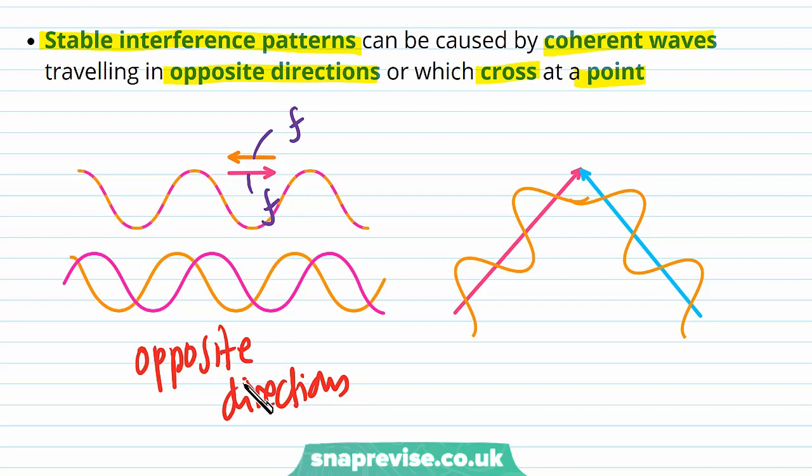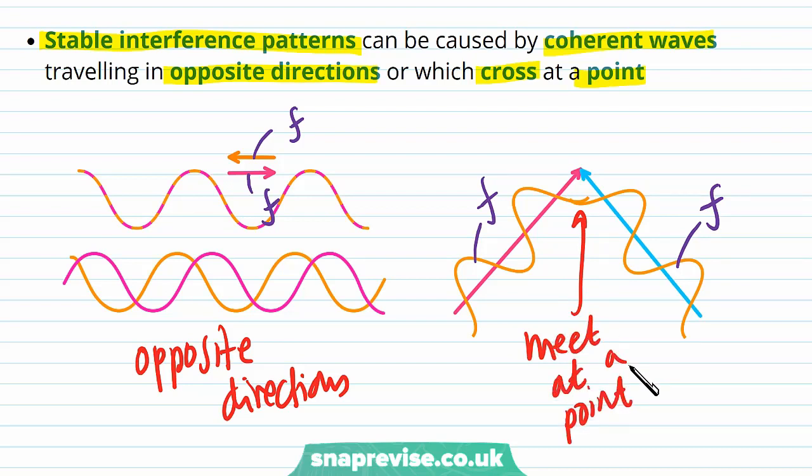But we can also get a stable interference pattern if the two waves aren't travelling in opposite directions. So for example here, we again have two waves with the same frequency, but they're not travelling in opposite directions. Instead, they meet at this point here. And when they meet, they still produce a stable interference pattern, and that's because they're still coherent waves. So no matter what direction they're travelling in, if two coherent waves meet at a point, they'll produce a stable